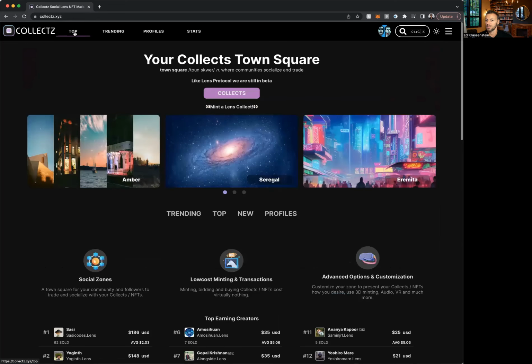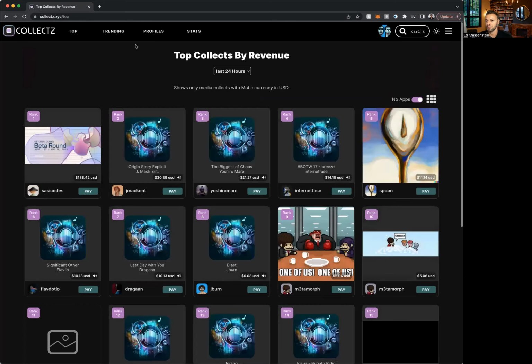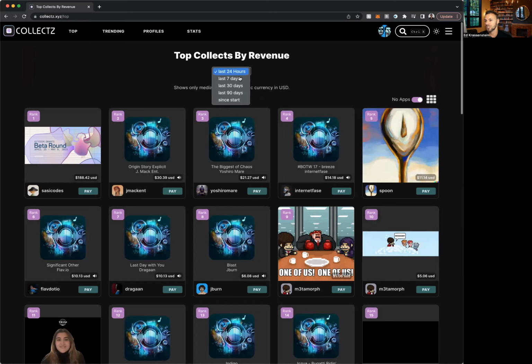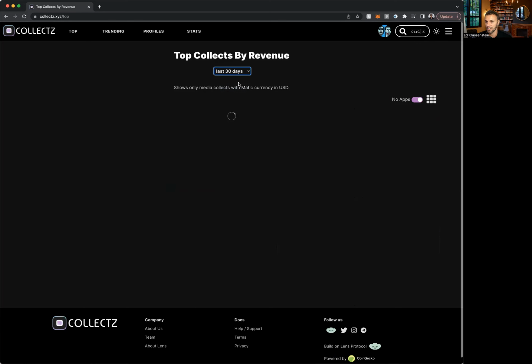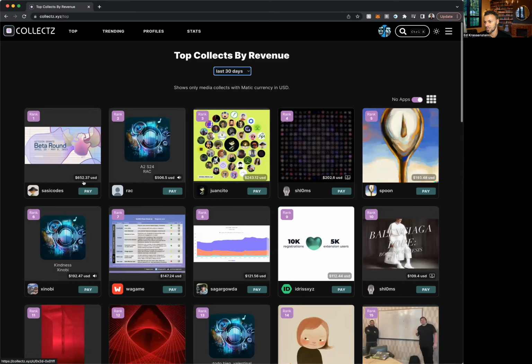Going back up here, you'll see several different links. If you click on top, you're going to be taken to the top collects by revenue. This is going to show you all of the top collects that have been generating the most revenue over the last 24 hours. You can also change this to a different time period. For example, if you want to see the top collects by revenue for the last 30 days, you can do that as well. As you see, this one's earned